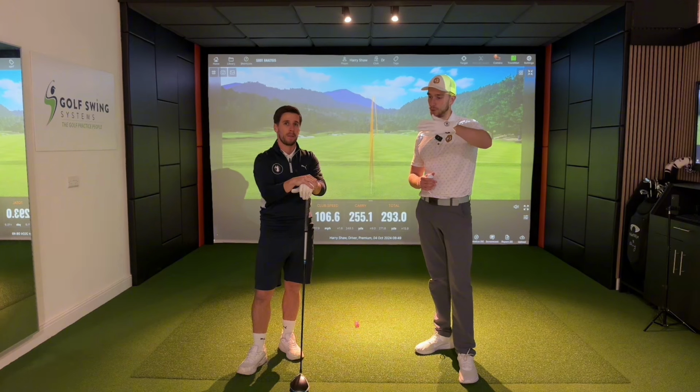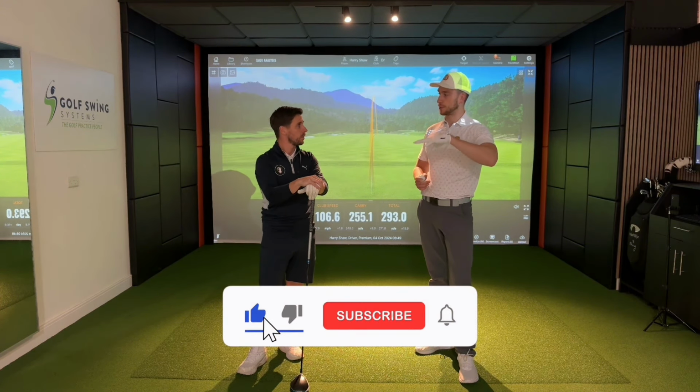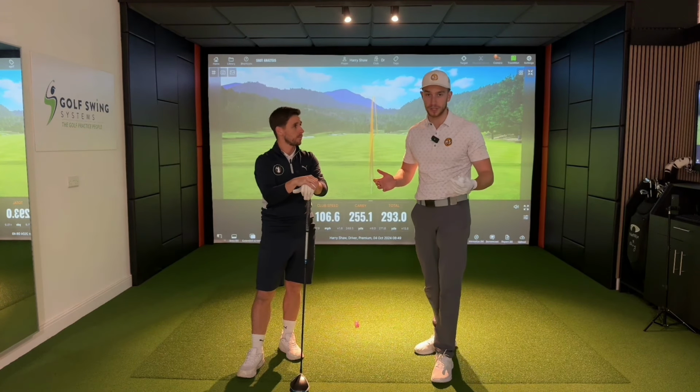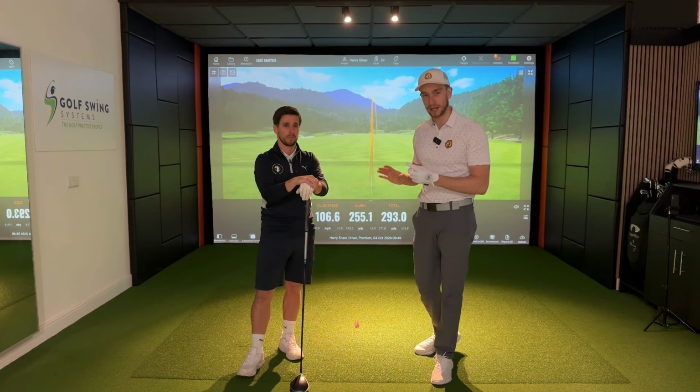Definitely. It takes time like anything, and then what we would look at eventually is once we can push you to that 110 average, is go, okay, how can we control what happens at that? So if you'd like to see a part 2 on this, on how we can control what that driver club face does to see more accuracy as well as the added distance that we've just given to Mitch,